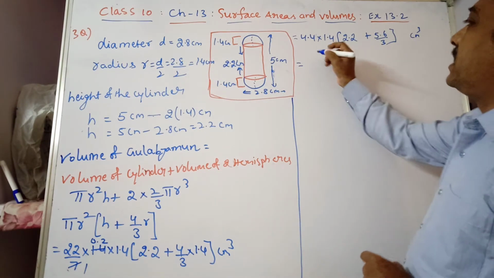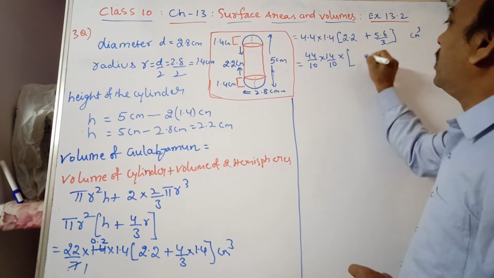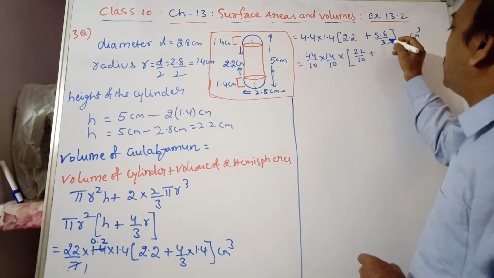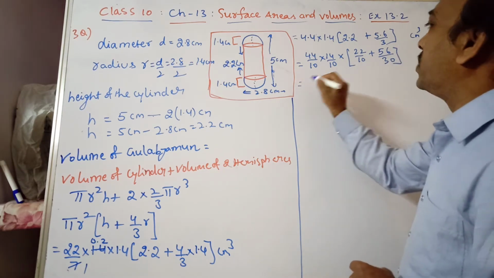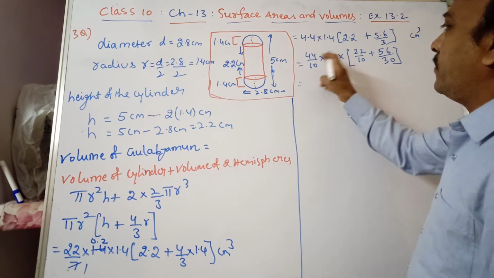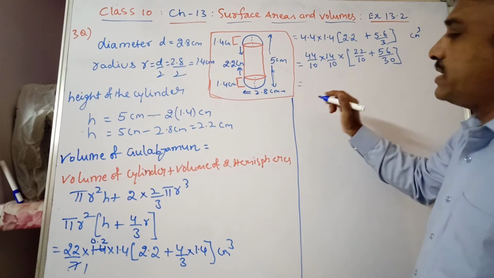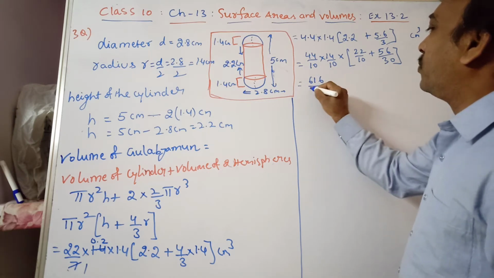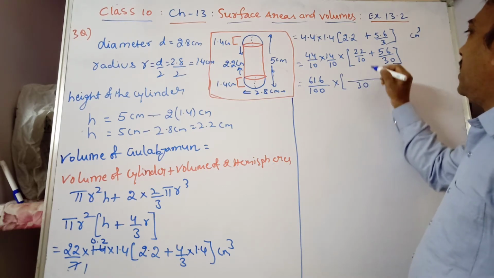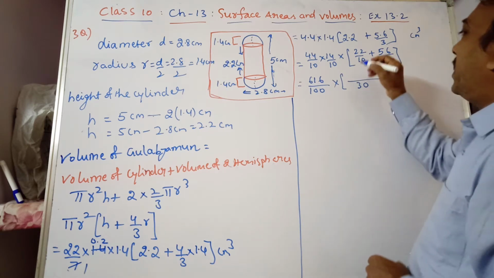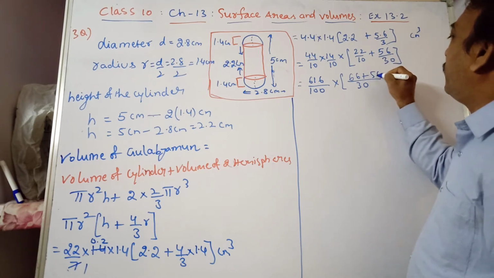For 4.4, which is 44 by 10 into 14 by 10 into 22 by 10 plus 56 by 30. Writing this in fractional form, 44 into 14: 14 fours are 56, so it is 616 by 10 into 10, that is 100. The LCM of these two is 30. 10 table LCM three times, 22 into 3 is 66, plus 30 table LCM one time, 1 into 56, is 56,